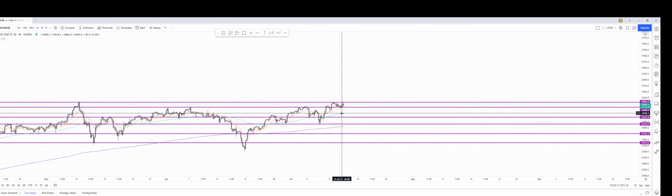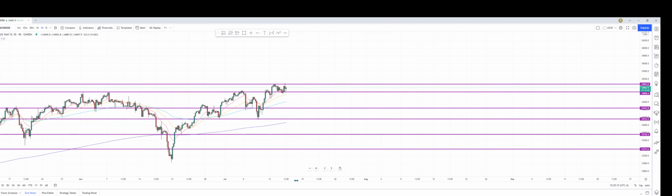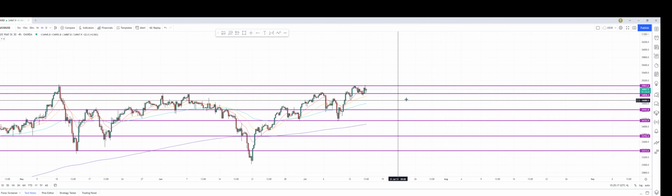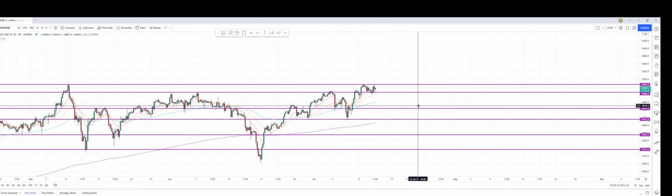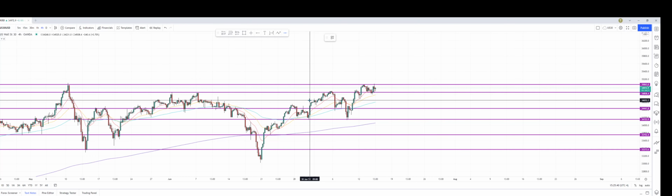So again, mapping out super key levels on the 4-hour chart of high time frame support and resistance. This gives you the blueprint to look into previous market structure, either the break and retest, potential impulse sells or buys, and gives you a really clear vision of where price should head due to previous data. And then once I map out all those zones, I begin looking into